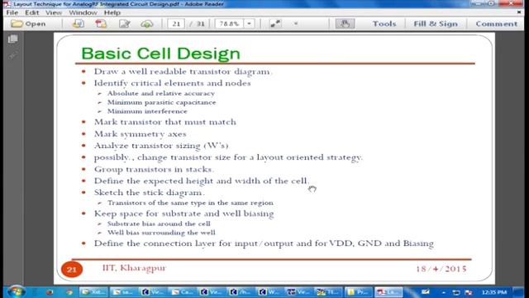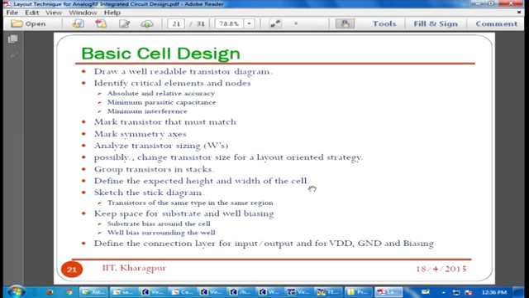Come on. Next is the basic cell design. Actually, first, layout is not a bottom-up approach. It is all a top-down approach. That means first you have to think about the total area. After that you think about the blocks. Then the blocks mean your cells. Then you will design your cell within that space. That is very important. So for cell design, first you have to